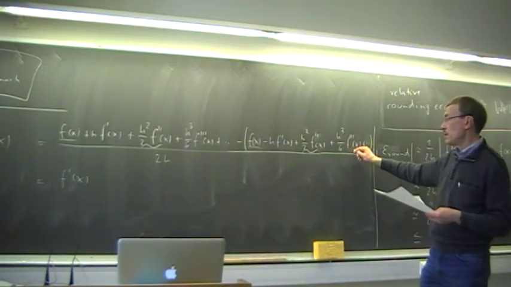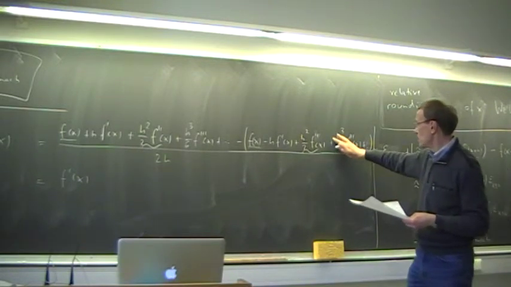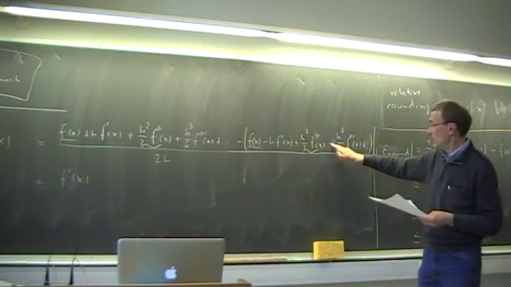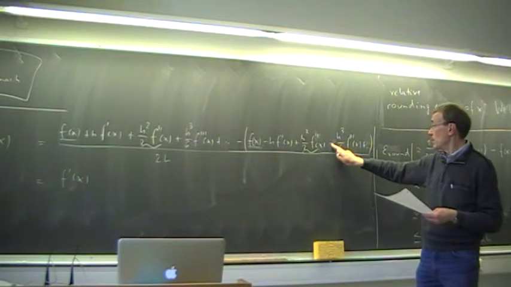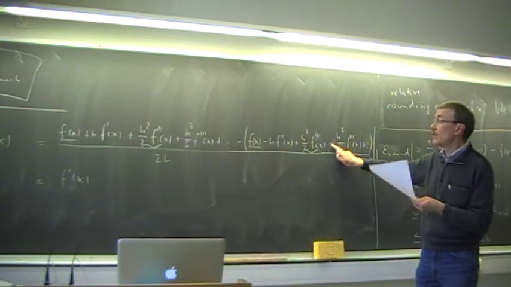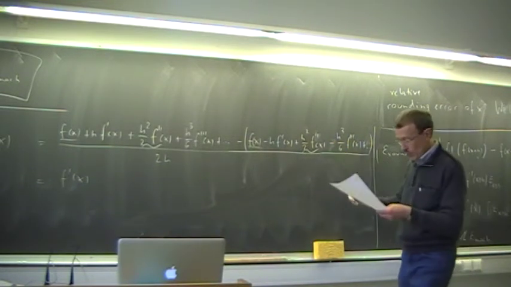Let's see, here is an error. Here's an error, sorry for that. Here's a minus, because here we have an odd power, so here we have a minus in front of the h to the power 3 times the third derivative. So we get then 2 times this term divided by 2h. So in the end we get then,